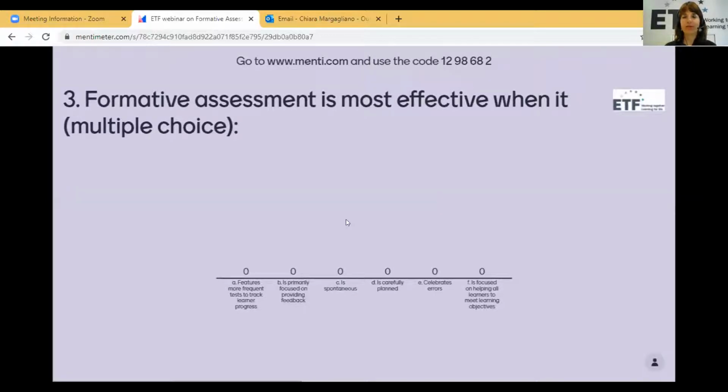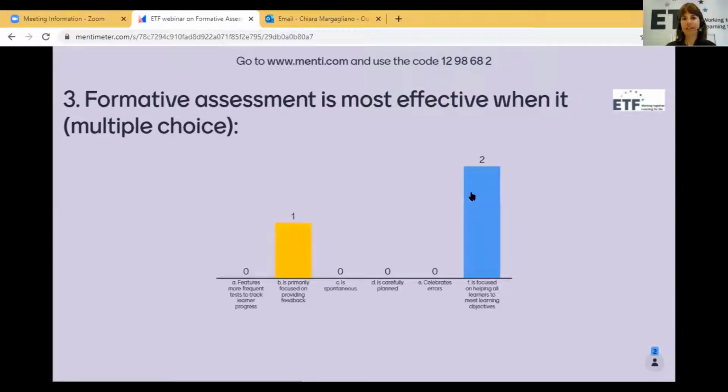So now we go to the content. And this question and also the next question is kind of an introduction to the presentation Janet will be doing. We'd just like to get an idea of what you understand when you think about formative assessment.